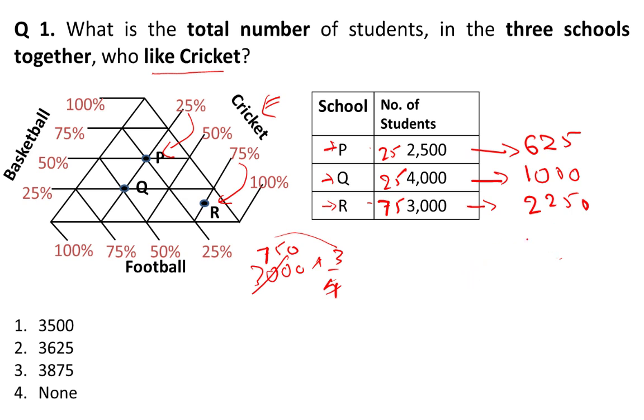Now the sum of this is your answer, that is 5. 2 plus 5 is 7. 6 plus 2 is 8, and 2 plus 1 is 3. That means a total of 3875 students from all the schools together like cricket. So let's see, these are the options we have. So do we have option 3875? Yes, I can see it's 3. Option choice 3. Yes, understood? Okay, good. Let's move on to the